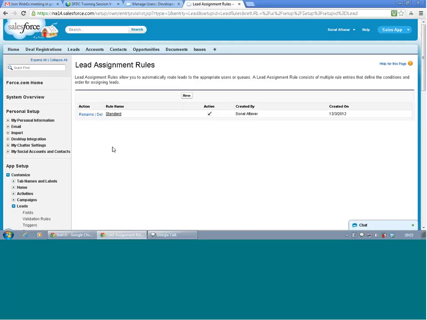Okay. So most of the lead assignment rules work by two operations. Either it works based on the product or it works based on the geo, where the lead comes from, where the user is from. For example, I am Mani, so I am in San Francisco. I am submitting a lead, saying that my city is San Francisco. So the lead assignment rule should assign a sales rep who is in San Francisco.